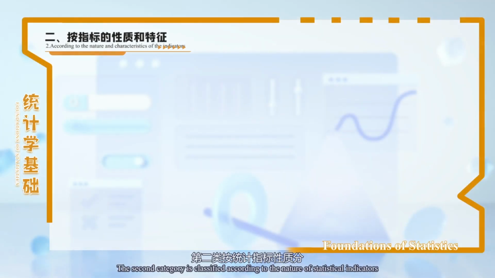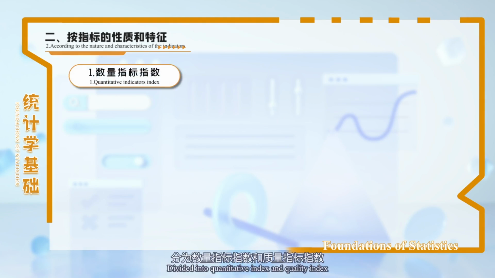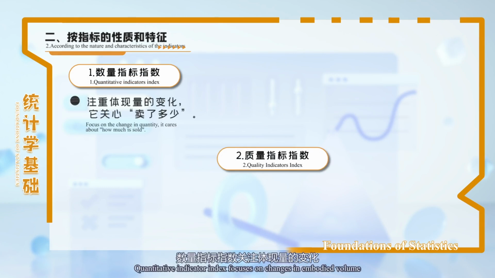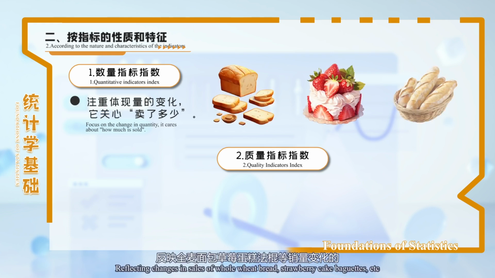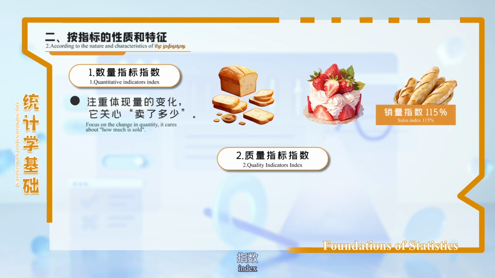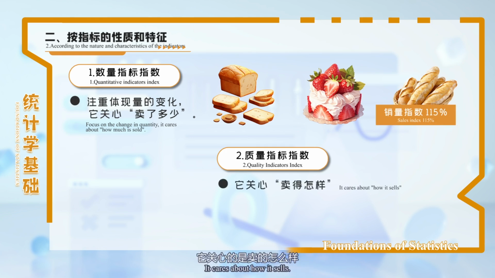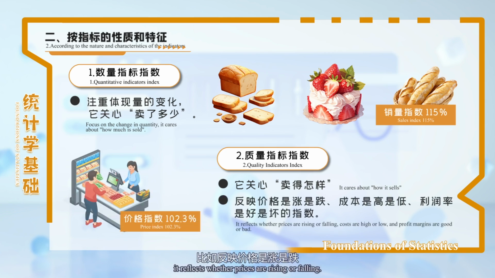The second category is classified according to the nature of statistical indicators, divided into quantitative index and quality index. The quantitative indicator index focuses on changes in volume. It only cares about how much is sold, for example, reflecting changes in sales of whole wheat bread, strawberry cake, baguettes, etc. It's like a baker counting every day how many loaves of bread were sold. Then the quality indicator index cares about how it sells. It reflects whether prices are rising or falling,